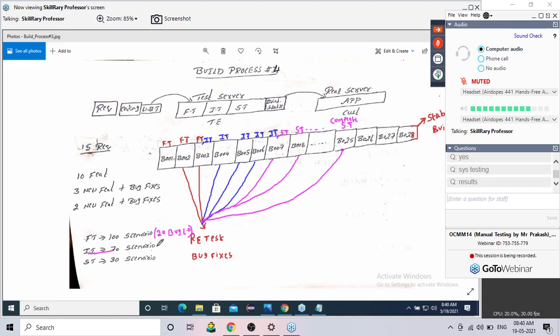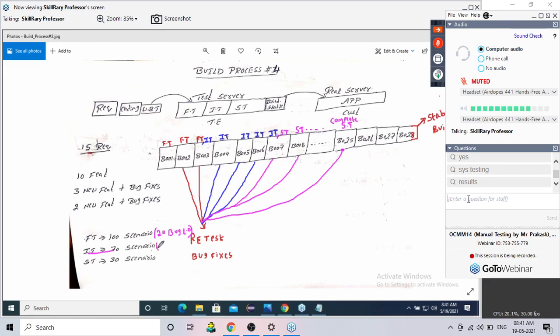Please don't give me the wrong answer now. I have given examples also. When do you say integration testing is completed? Don't talk build 7, build 8 only. Simplest answer I want. According to this diagram, Yamini is correct. After 70 scenarios testing is completed, it means my integration testing is done. That's all. According to this diagram I'm talking about. Is it clear? Once I test all the 70 scenarios, that means my integration testing is completed.